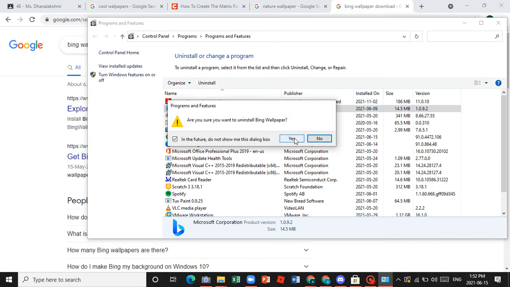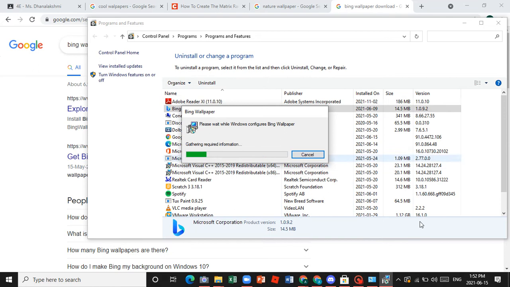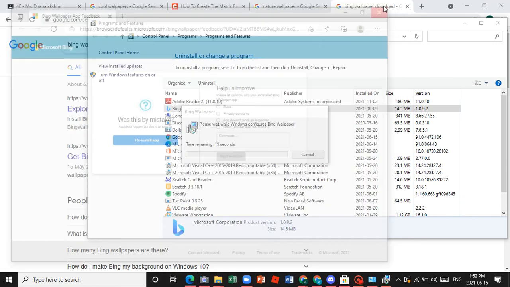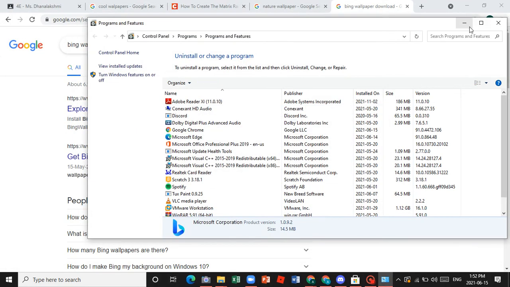Now it will remove my Bing Wallpaper, and we will have to set it up again. So this is the second method. Now it's out of my computer.